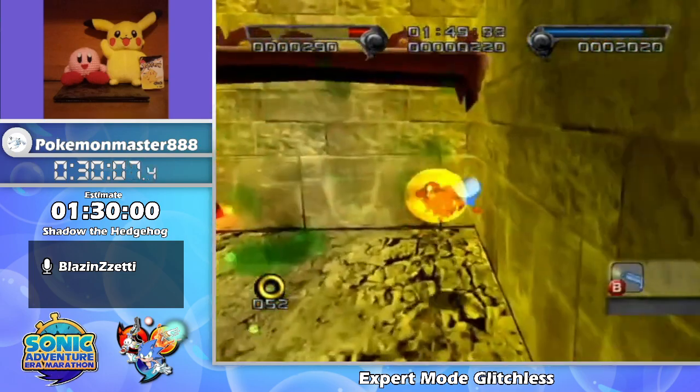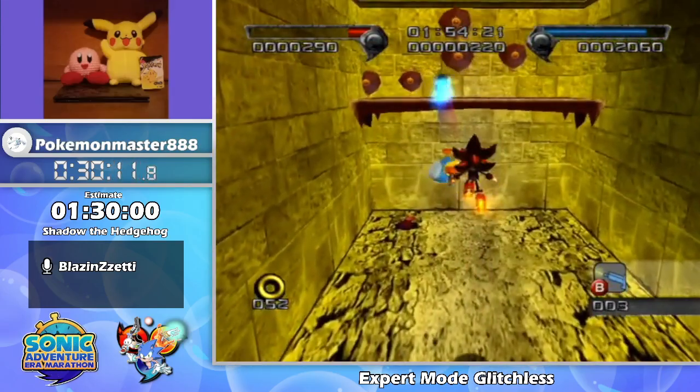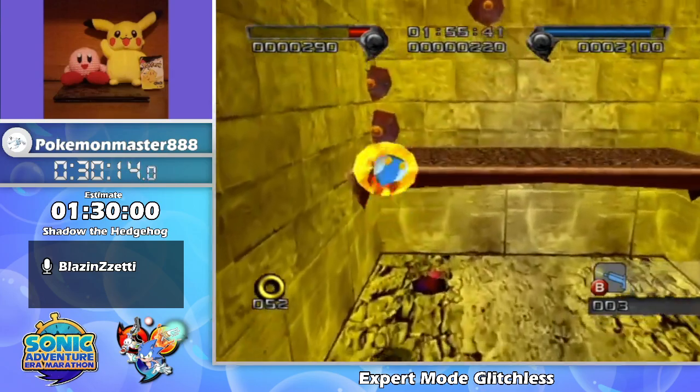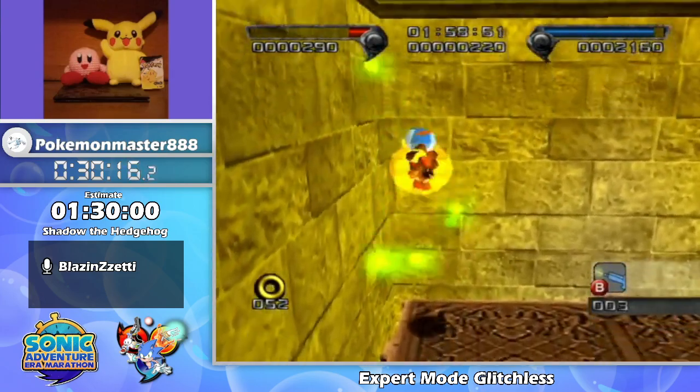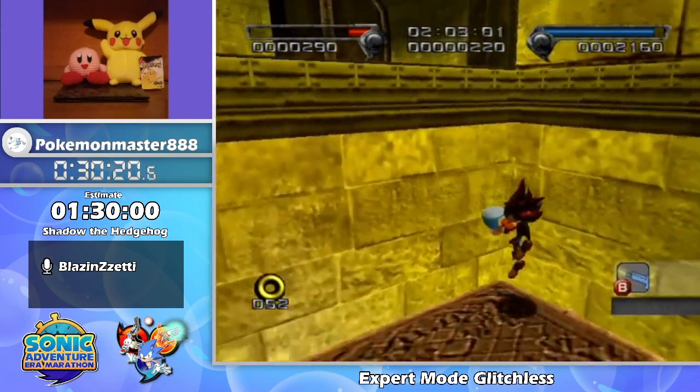Make sure we don't run into this guy. Good timing on that too. Okay, so one shot will take out everything in that hallway, but you can kind of see it ricocheting around. And there's a bunch of enemies down here. I don't think we have enough points though. We're going to have to